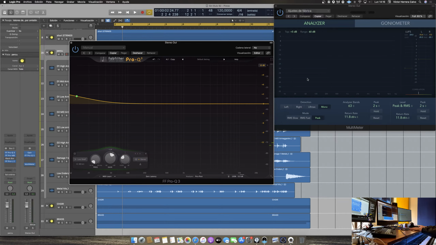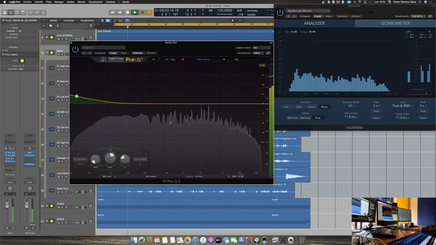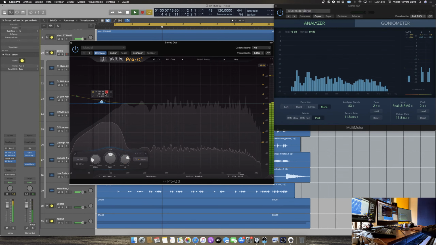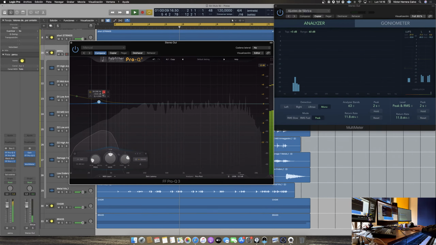We don't want big mountains like this. That usually doesn't work in a whole project. We want something that is kind of uniform, I don't know. Okay, this probably won't be heard on mobile phones, laptops, or in